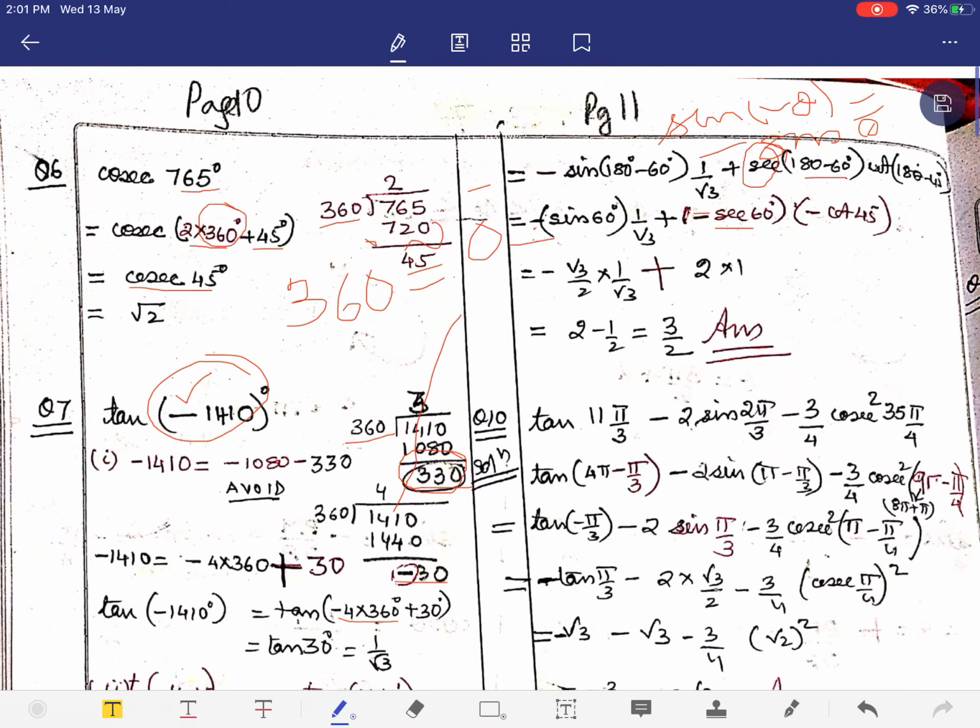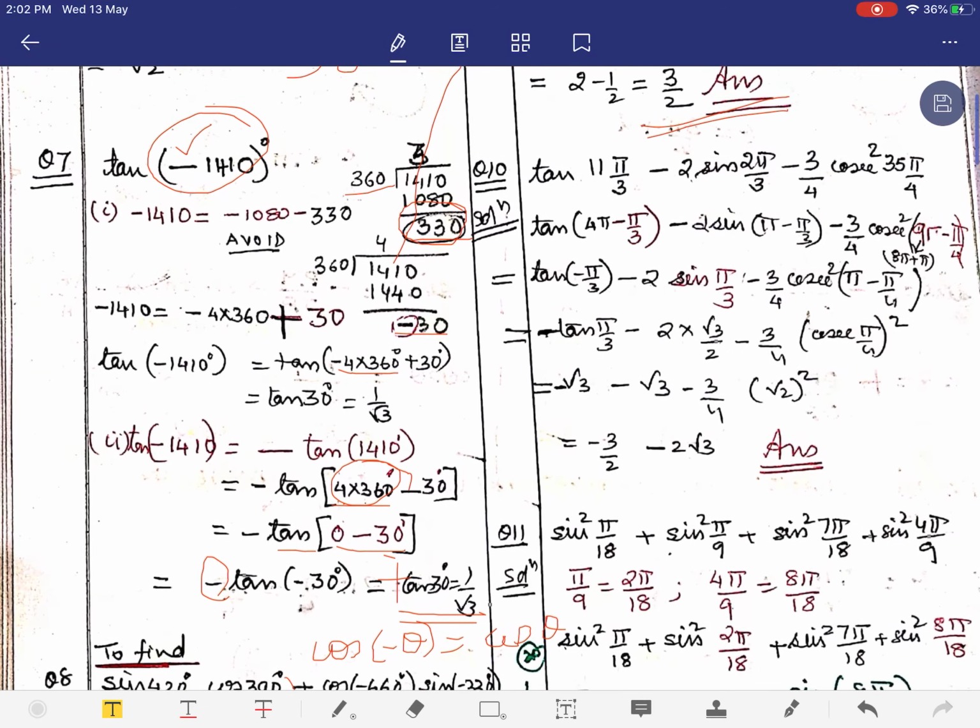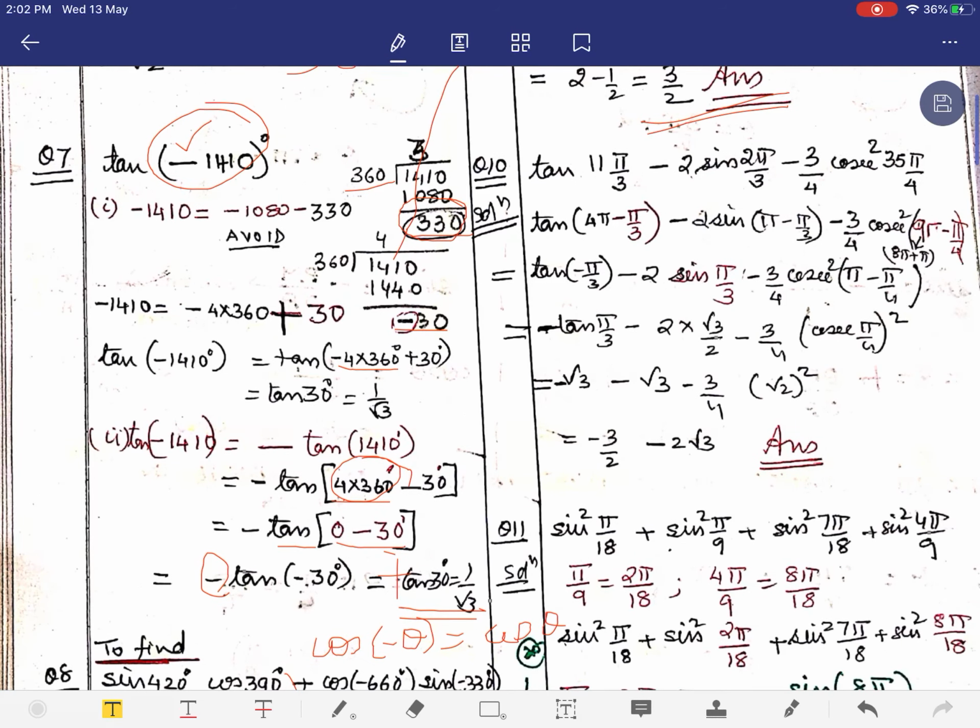Likewise, cot 135 degrees is cot of 180 minus 45 degrees. 180 does not change the ratio, it continues as cot, but 135 degrees is in the second quadrant where cot is negative. So that is also negative. The two negatives make it positive, and hence we have the value.